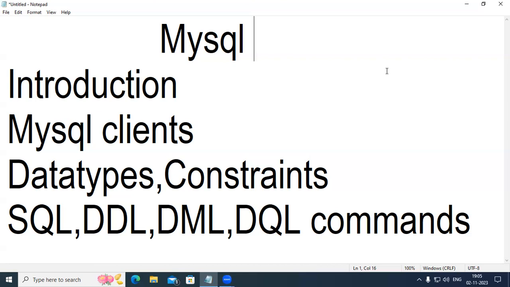This is free for non-commercial use. For commercial use also it is free, but only to some extent. Normally, if you go with the enterprise edition, we need to pay. But we are using the community edition of MySQL, so we need not pay anything. And MySQL is basically a